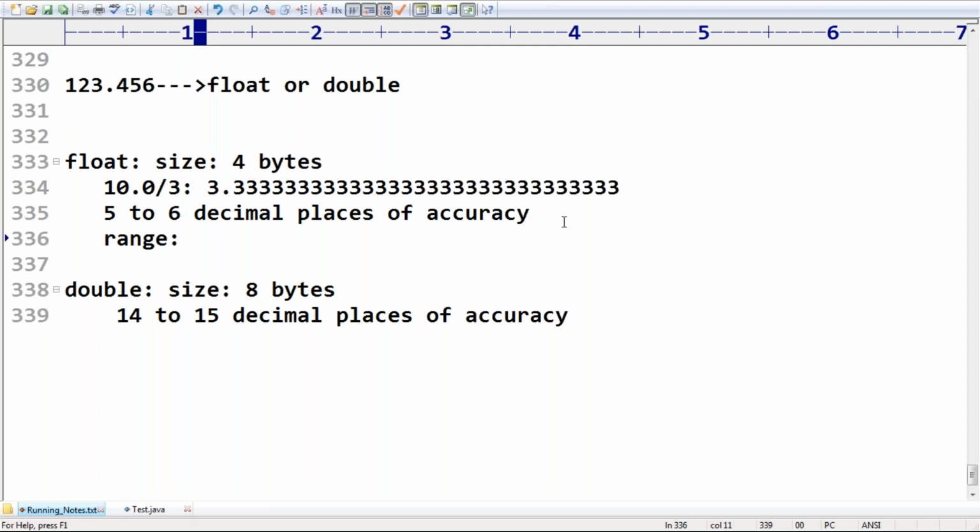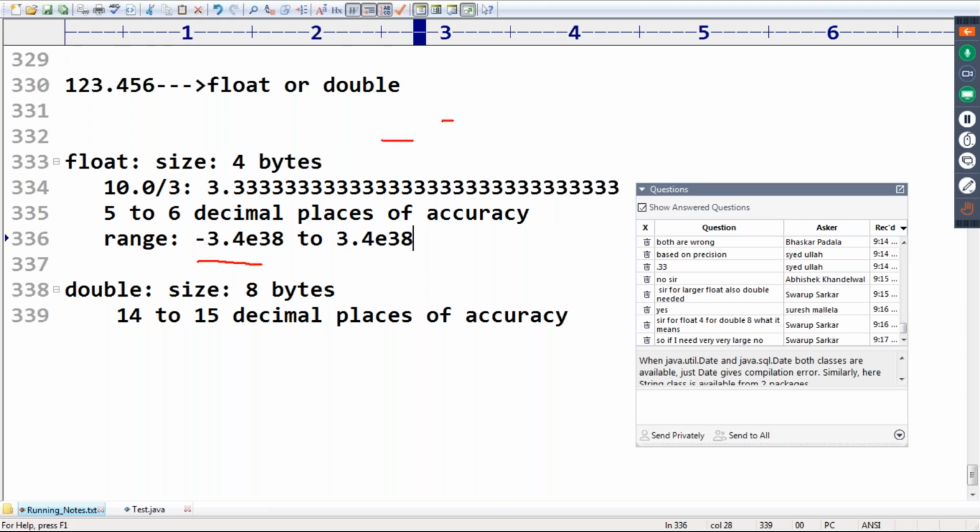Yes, the range concept is applicable. For float, the range is minus 3.4 E38 to 3.4 E38. Remember that. What is the meaning of that?